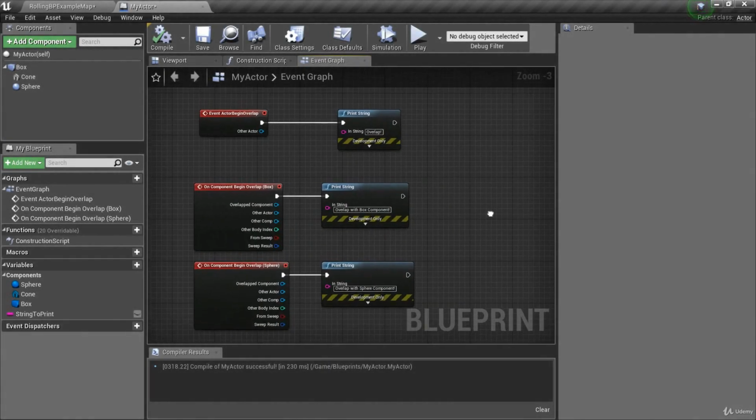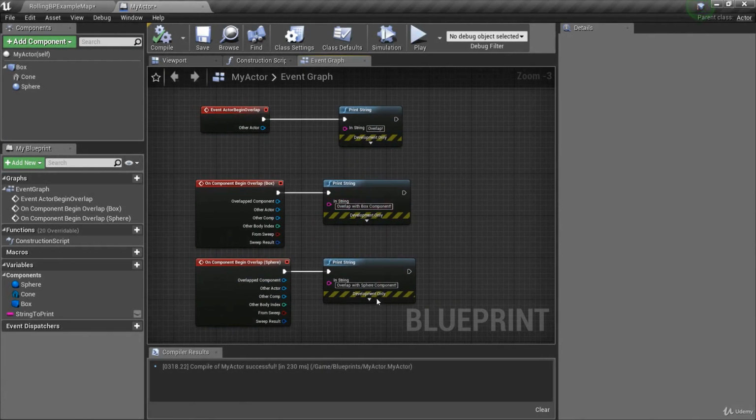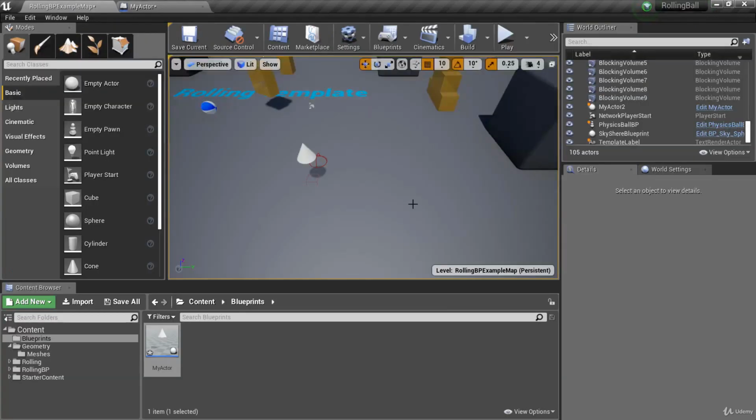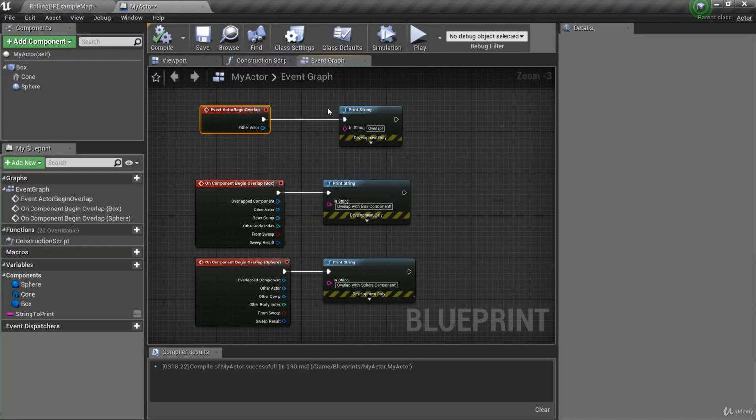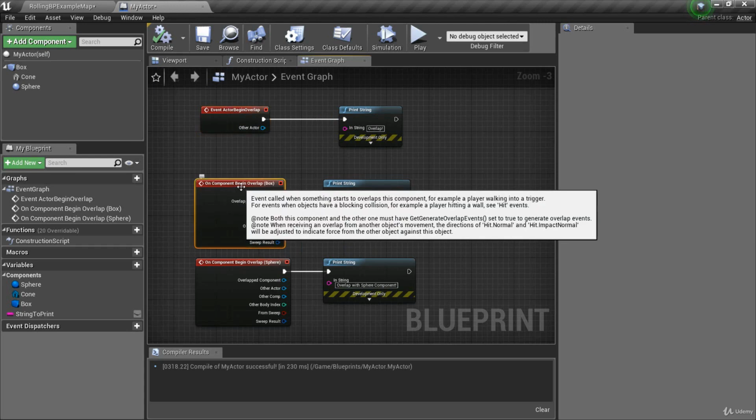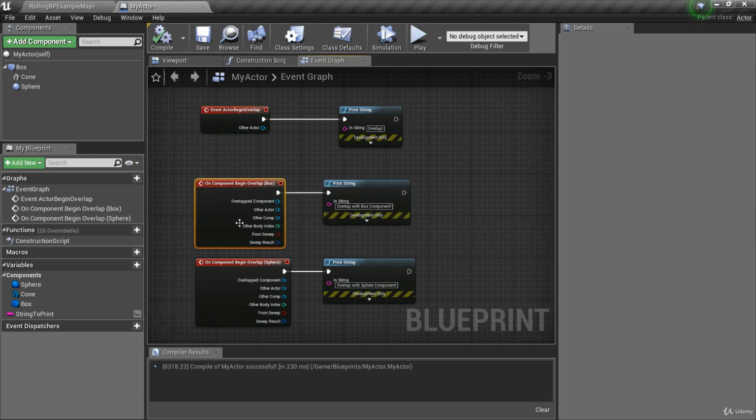Okay, so we've got three different types of overlap events, and we've gone over the different ways that they work. Begin overlap, being any component overlaps, then it gets fired. For example, basically the ball running into the sphere or the cube will both fire off this event. However, the component begin overlap is unique to an individual component and will only get fired when that specific component